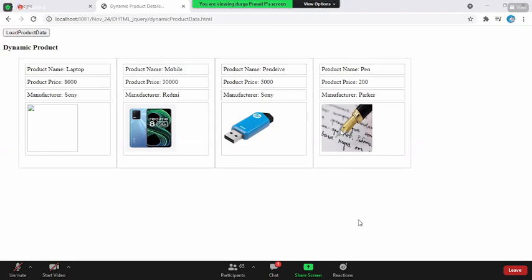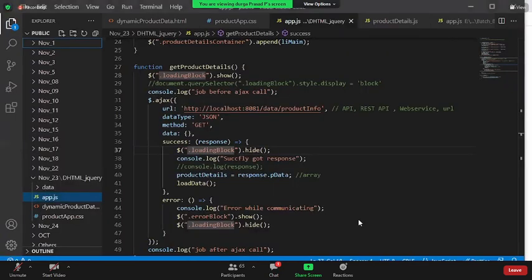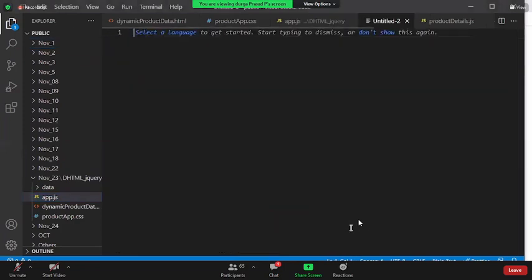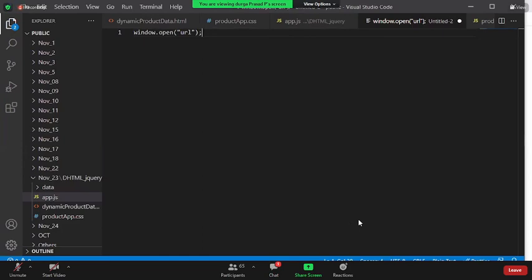Okay, there is a concept called window.open. We have already seen something called the window object. Remember when we were talking about DHTML, I said that there is a window object, right? So you can simply use the window.open method. Under that, you can specify the URL which has to be opened. In this way, you can use JavaScript to open a window. In the same way, window.close will work to close the window.